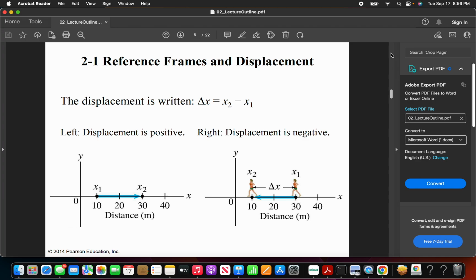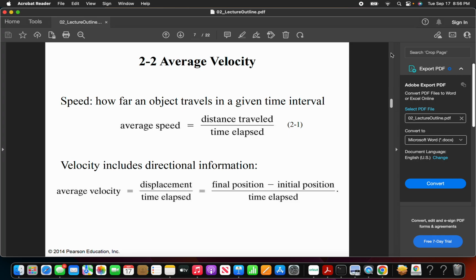So on the right, we have displacement, which is negative, right? Because why? Because we started at 30 and we ended at 10. So that would be what? 10 minus 30, giving us a negative 20. Okay? So that basically explains the difference between distance and displacement, which leads us to the difference between speed or